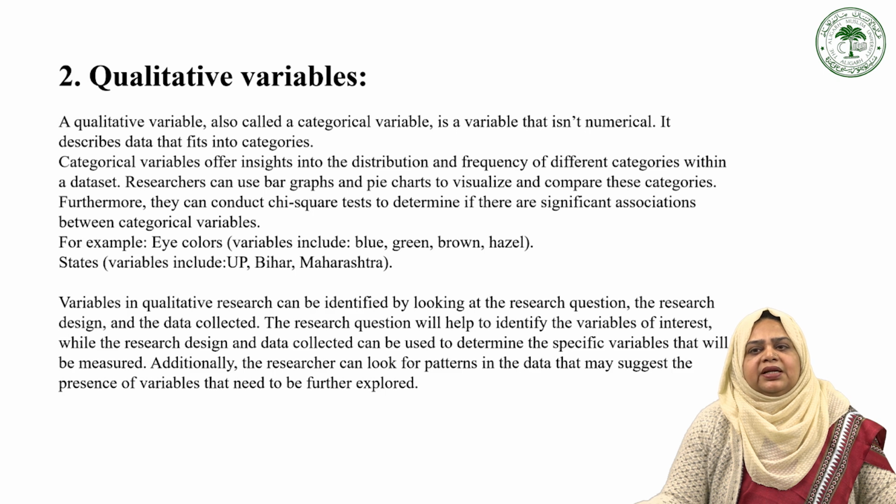To better understand and compare these categories, researchers can use visual tools like bar graphs and pie charts. This helps to visualize the data and identify any important connections between categorical variables. For example, eye colors like blue, green, brown, or hazel, or states like UP, Bihar, Maharashtra could be considered categorical